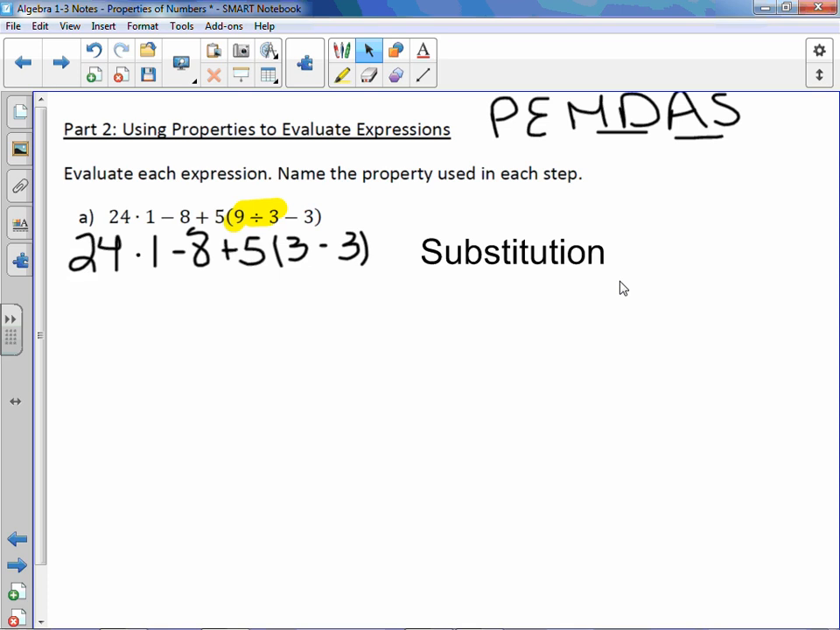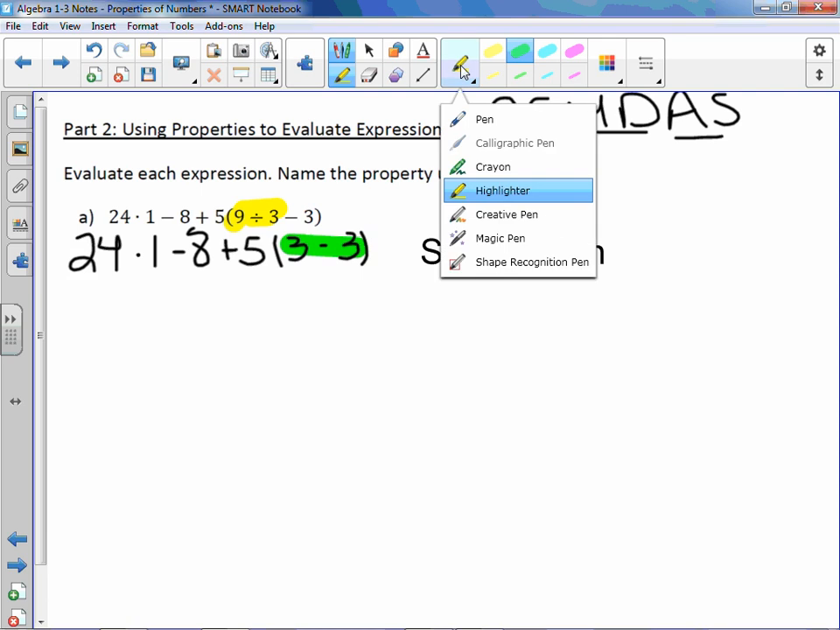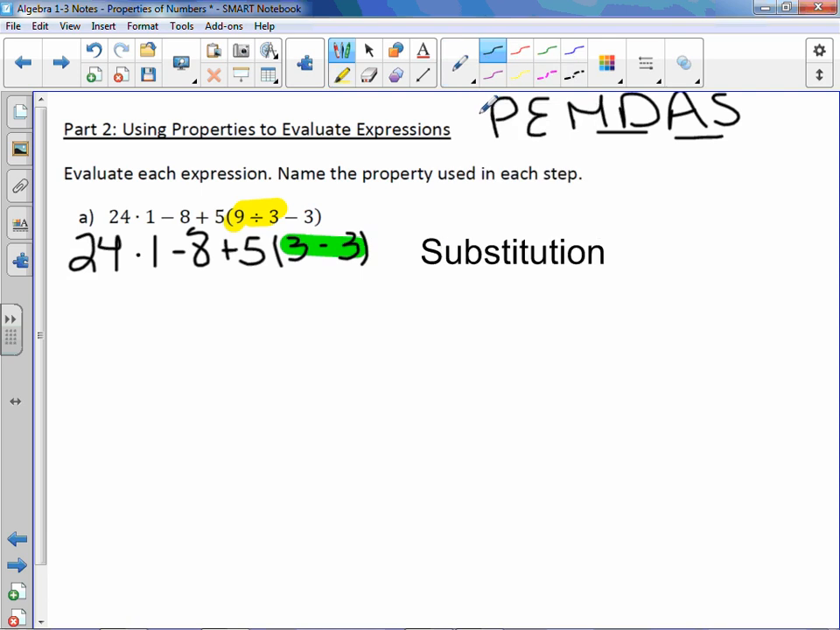Okay, we still have parentheses, so we need to take care of those parentheses first. So we're going to take care of the 3 minus 3, which is 0. So 24 times 1 minus 8 plus 5 times 0. Now when we took two numbers and we get 0 out of it,